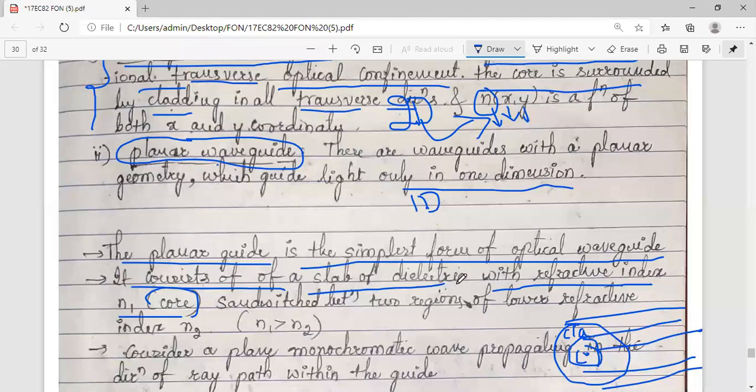It consists of a slab of dielectric with refractive index N1, the core, sandwiched between two regions of